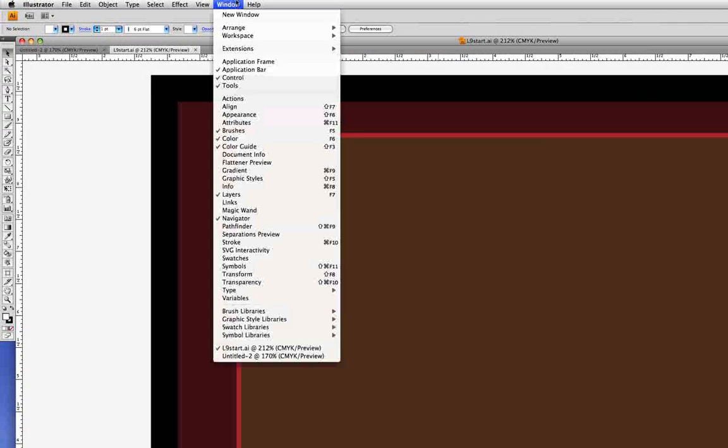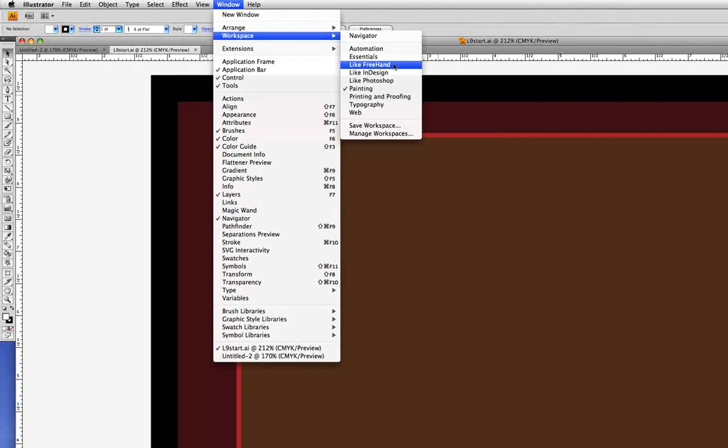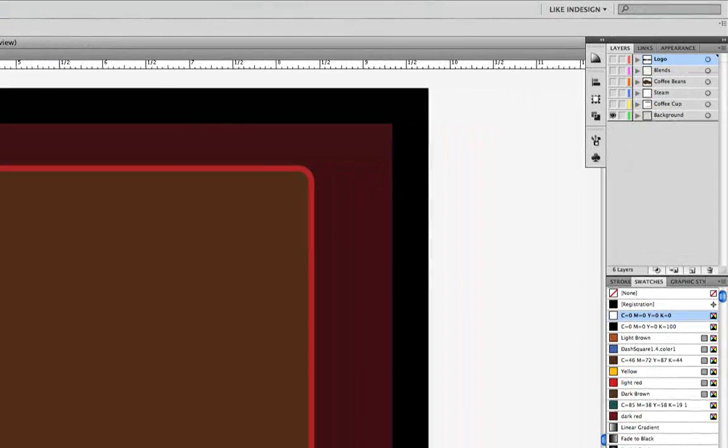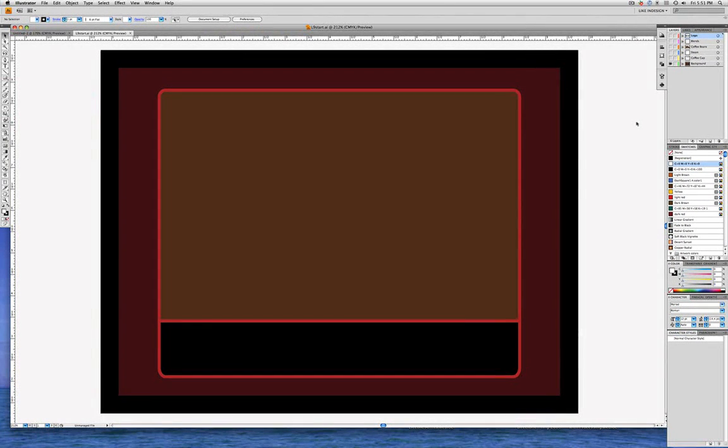Let's go into the Window menu to Workspace and choose Like in Design. And we'll go up here to the Layers panel and just notice that we have a bunch of layers already made for us, but there's just one visible, the background layer. So with our black arrow, our select tool, let's go ahead and click on the rounded rectangle, and we see